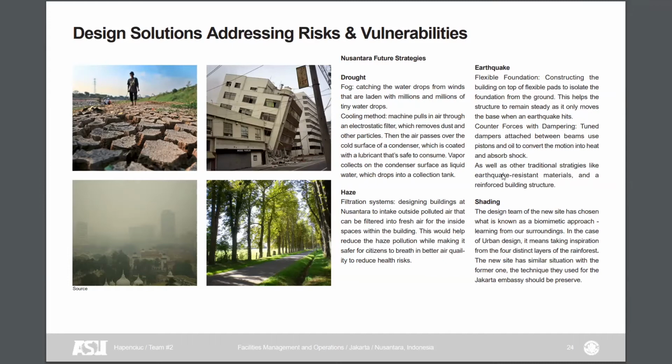With the hazing, we also thought of a filtration system where these newer buildings that will be built would take in the air and filter it out and have fresher air for the inside of the building as well. And hopefully it could reduce the pollution within the environment